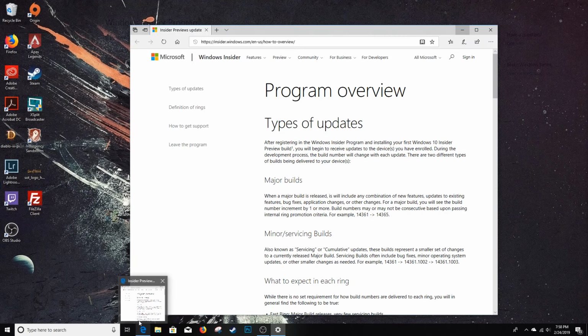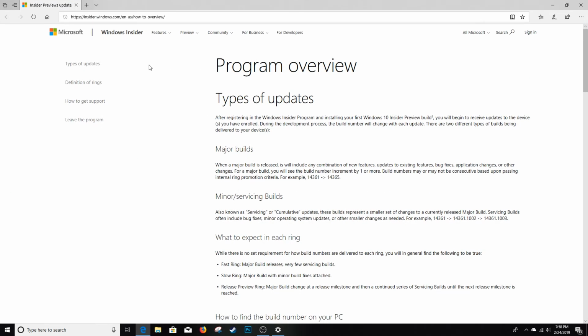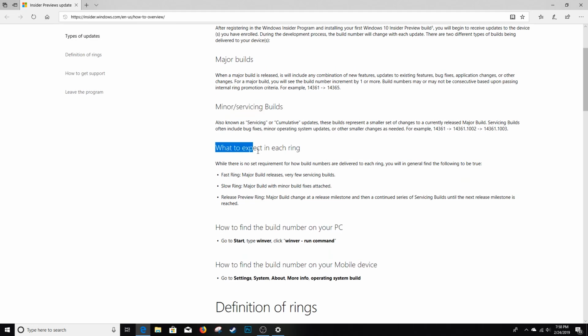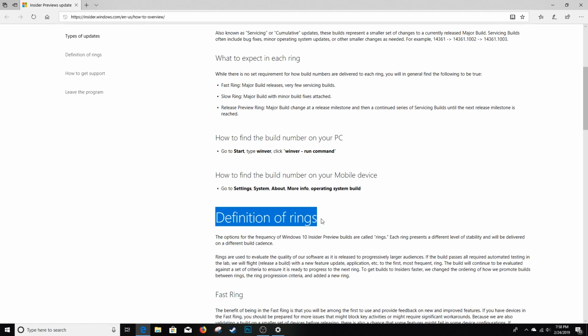Now, just to briefly show you guys something here. Here's the program overview. I'm not going to read through this. This is something you guys can do on your own if you're interested in learning about the types of updates that are available through this program. And again, just highlighting the major builds and then some of these minor servicing builds. And it also goes into rings, defining them,